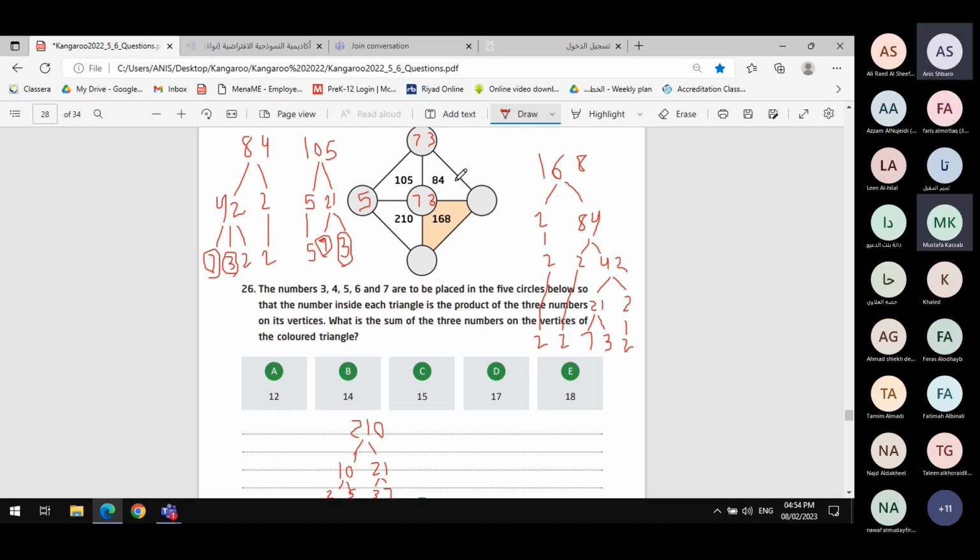Now for 84, 7 times 3 is 21. The remaining number is 21, so multiply the rest. So we took the 7 and 3. Now 2 times 2 is 4, so 4 is fixed here. And for 168, if we used the 4,